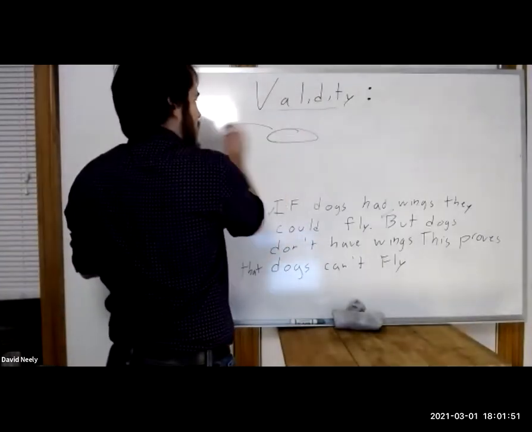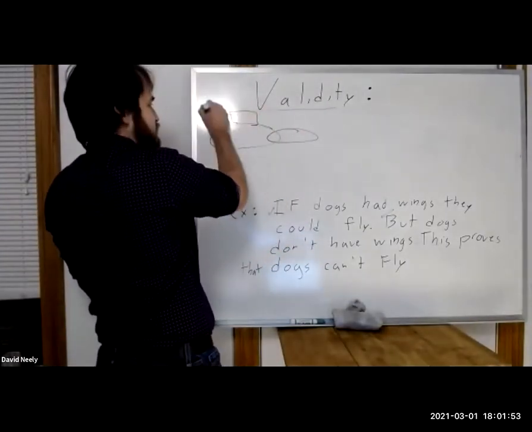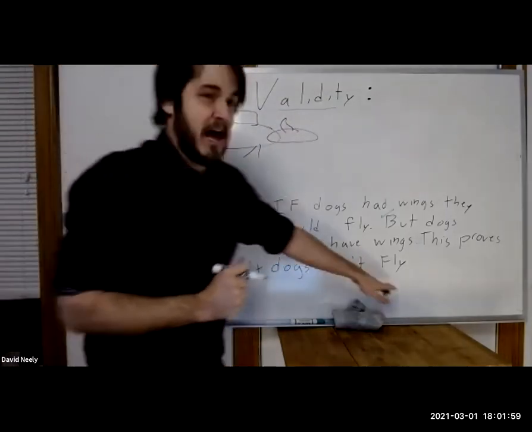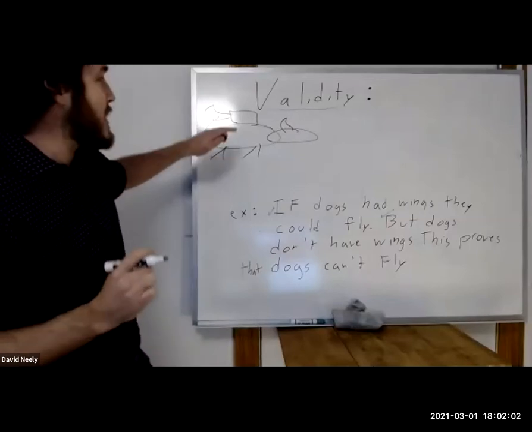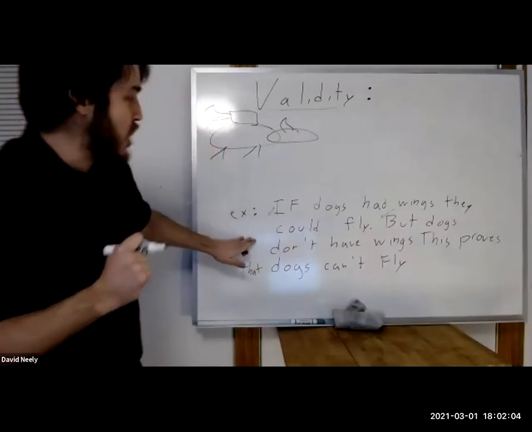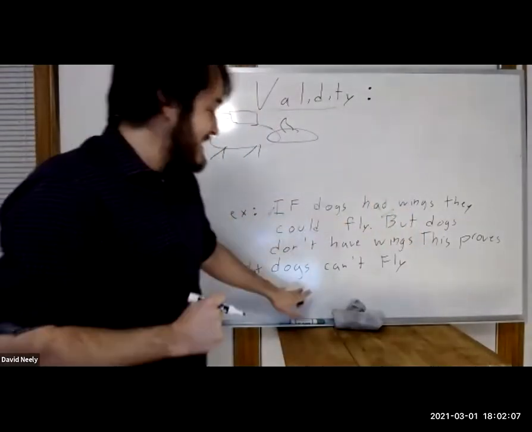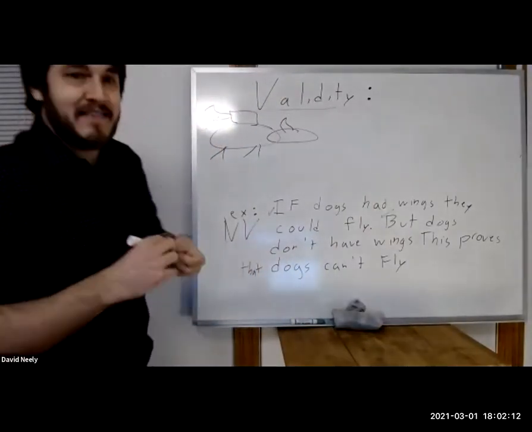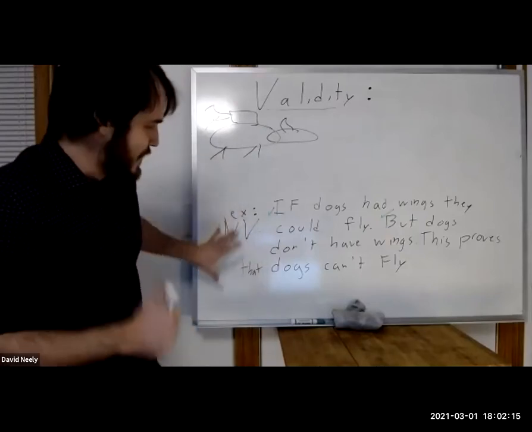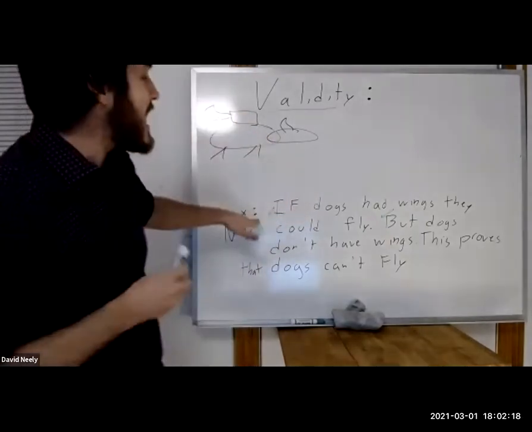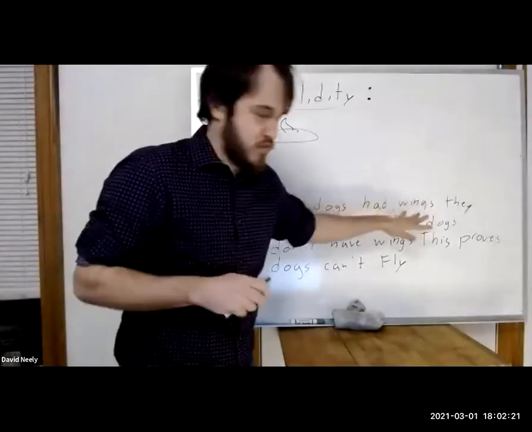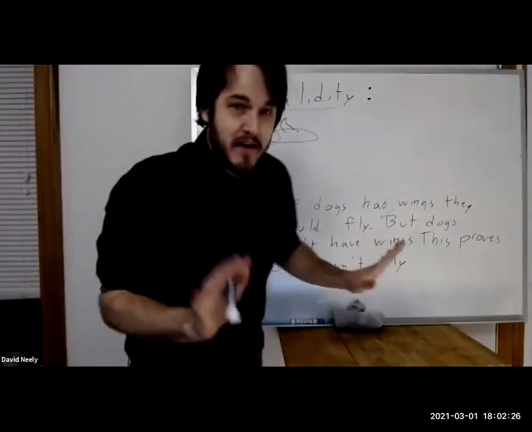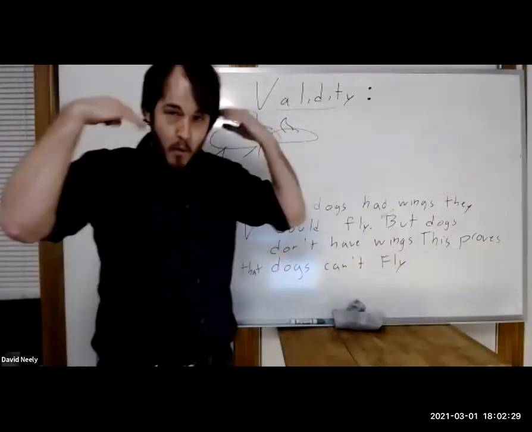So imagine here's the dog, and imagine it had like a little jetpack. This would be a world in which dogs were flying even though they didn't have wings. So we can think of a world in which dogs didn't have wings and yet they still flew. So again, not valid. This is just a way to highlight that when looking for validity, what you really need to focus on is just thinking to yourself, can I imagine a case in which the premises are true and the conclusion is false? It's very tempting to think in the way you would in the real world.